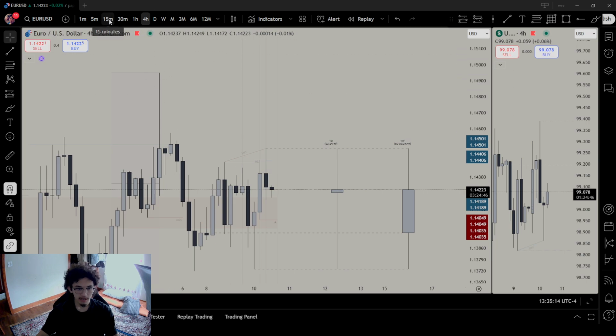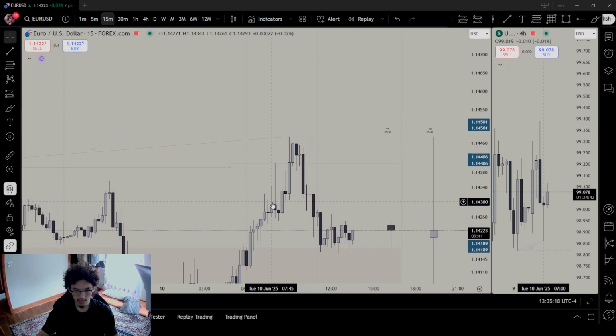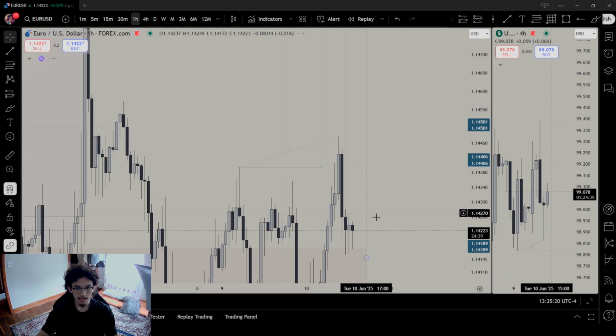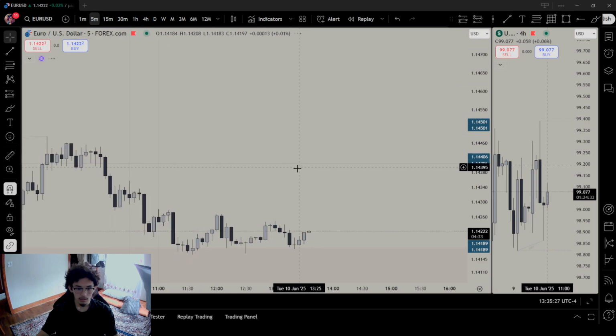Now going down to the lower time frame, looking at the high of the 5 a.m. Was there a legit high? There was a legit high right over here. Now going to the hourly time frame, which is the New York reversal profile 2, we can use the advanced entry. So I'm going down to the 5 minute. Look at the 5 minute time frame.